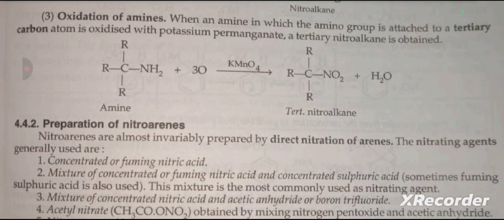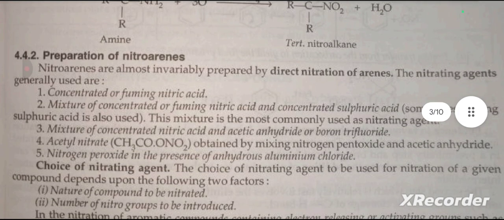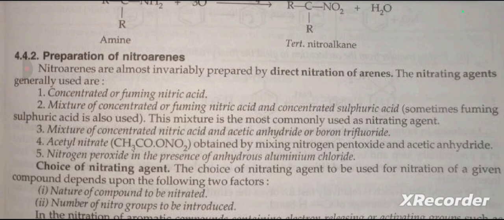Oxidation of amines. When an amine in which the amino group is attached to a tertiary carbon atom is oxidized with potassium permanganate, a tertiary nitroalkane is obtained. Preparation of nitroarenes. Nitroarenes are almost invariably prepared by direct nitration of arenes. The nitrating agents generally used are: